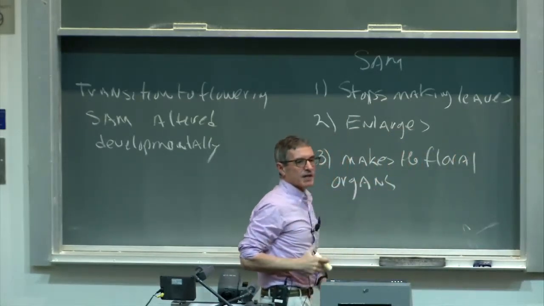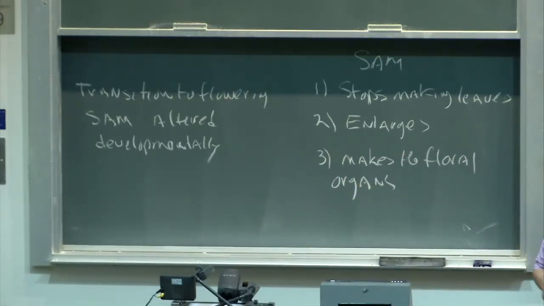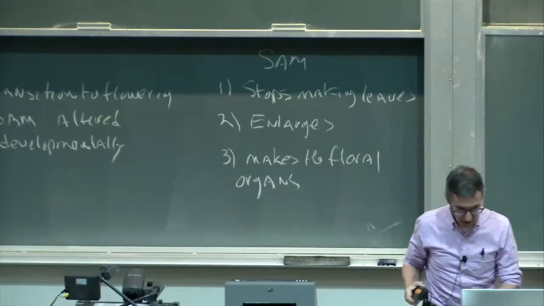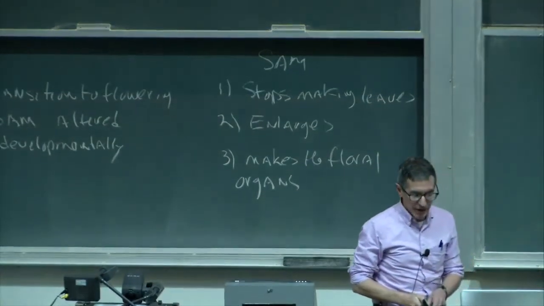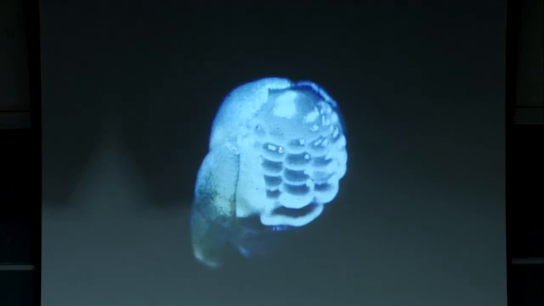And to give you a setting for these changes, I'd like to show you the first few slides which illustrate these points with regard to changes in the apical meristem. So this first slide is of a shoot apical meristem similar to what you have seen before. This is in the vegetative state. Here is the apical dome, and here are the leaf primordia, the newest leaves on either side of the shoot apical meristem. As that apical meristem undergoes transition to flowering, it ceases producing leaves, and on its flanks it produces then the various organs which make up the flower.